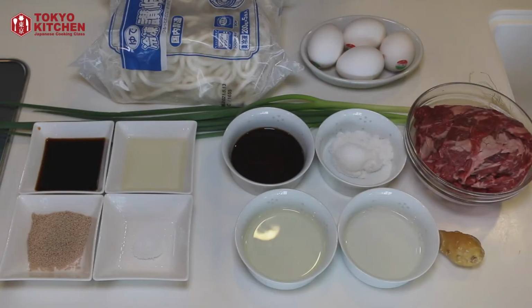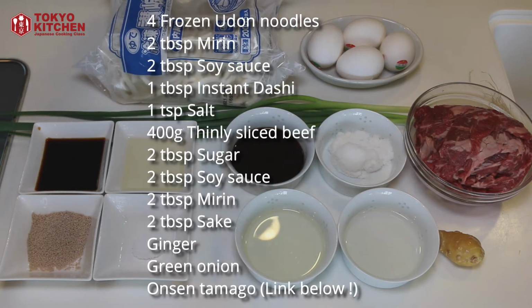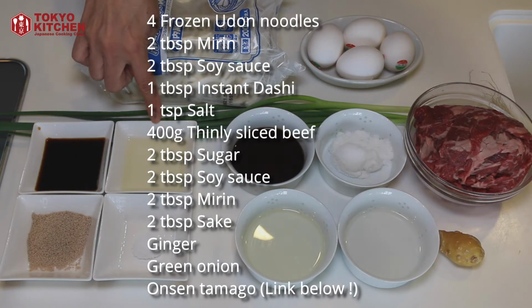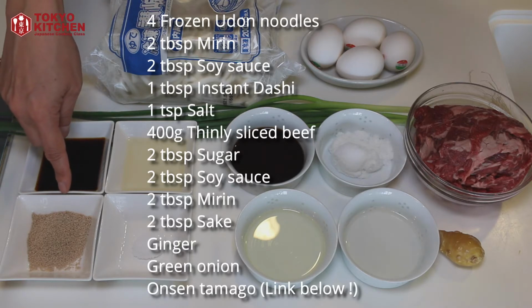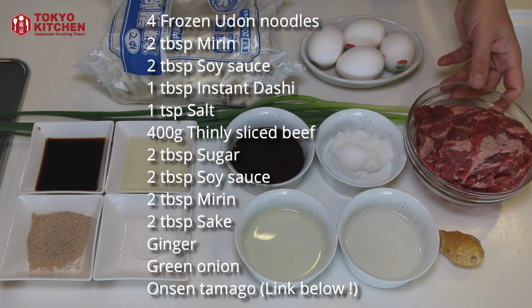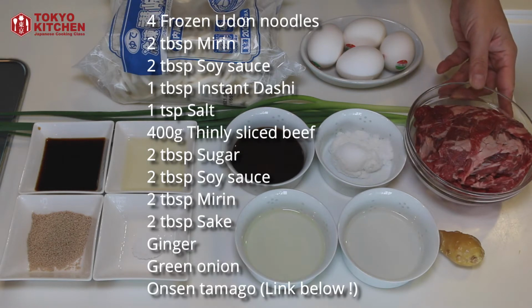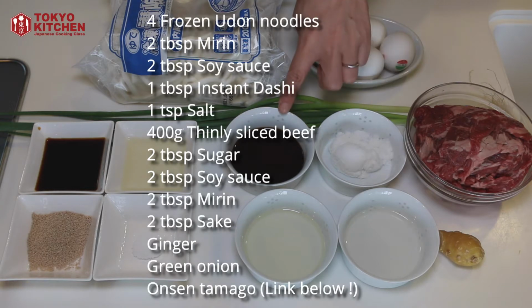These are what you need to make 4 servings. 4 frozen udon noodles. For the broth, 2 tablespoons mirin, 2 tablespoons soy sauce, 1 tablespoon instant dashi soup stock, 1 teaspoon salt. For the topping, 400 grams thinly sliced beef, like sukiyaki style beef, 2 tablespoons sugar, 2 tablespoons